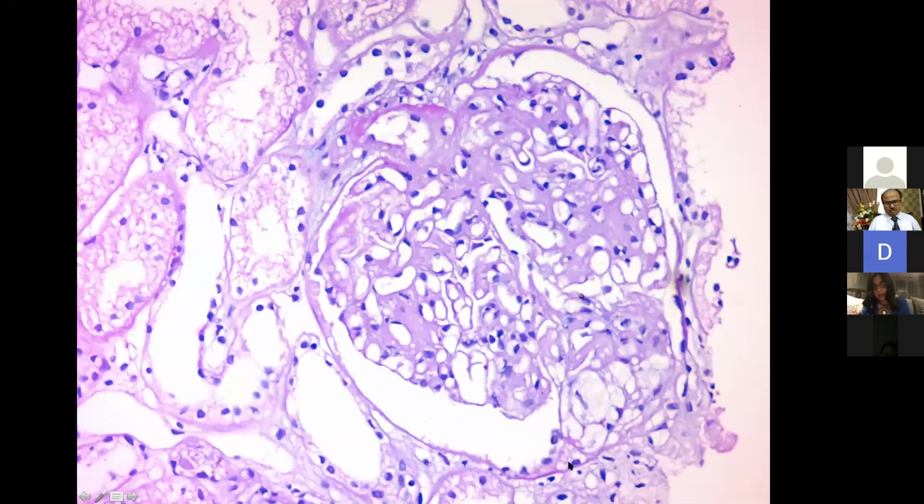Do you see this? I don't know if you remember when we had the FSGS and we said that this is what we classically classify as a tip lesion. And this is, again, a diabetic patient with classic diabetic glomerular sclerosis and with a focal segmental glomerular sclerosis or a tip lesion. However, I want you to remember that tip lesions can occur in the setting of heavy proteinuria, especially in diabetics. But this patient did not have a long duration of diabetes, and his proteinuria was really heavy. So an FSGS tip variant was a more probable diagnosis rather than a non-specific finding of the tip lesion.